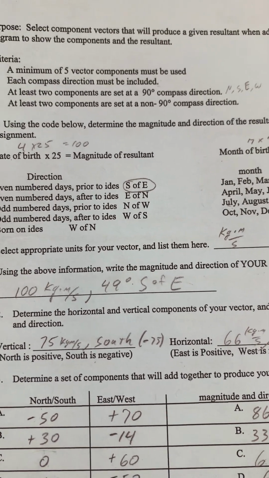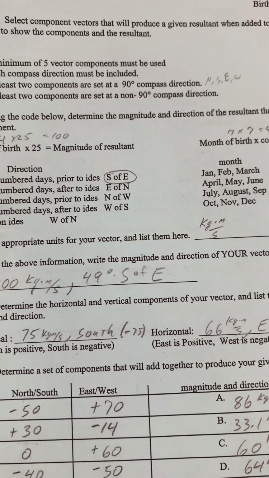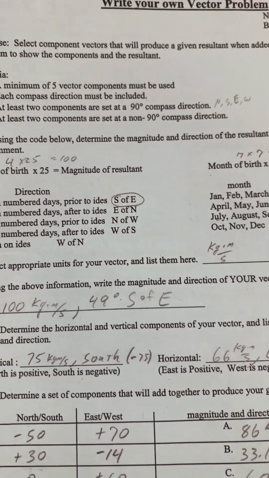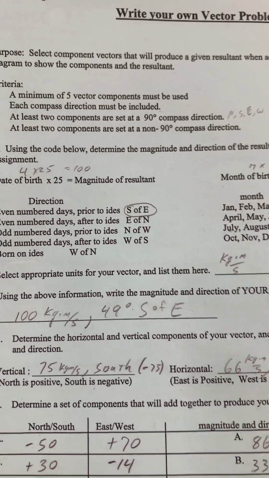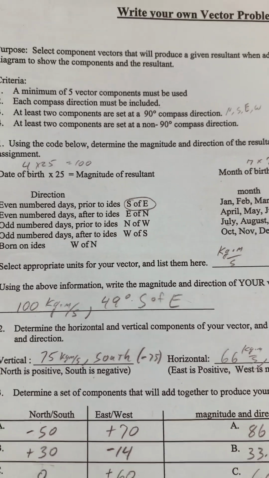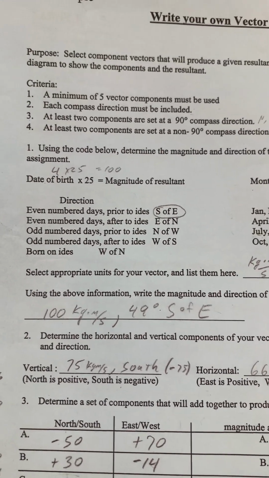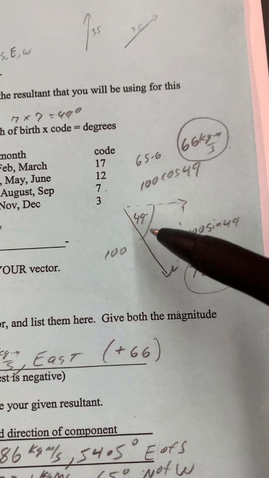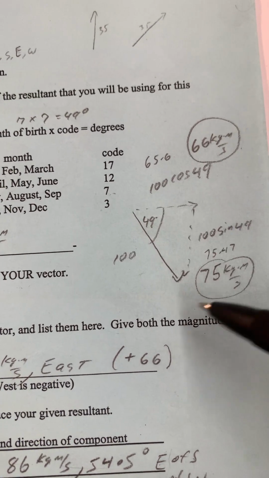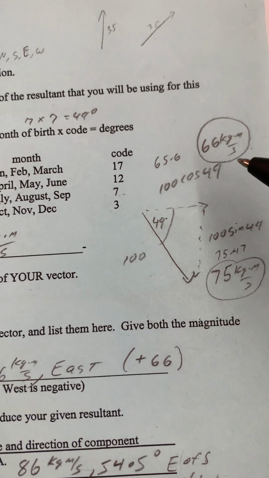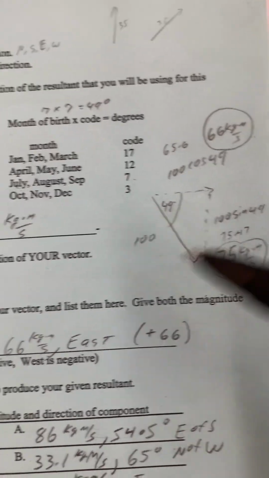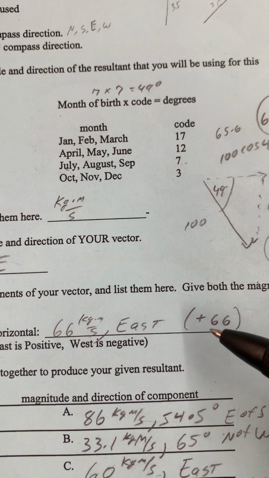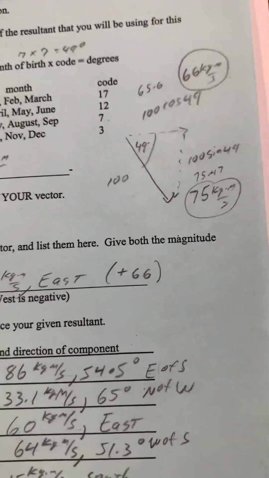Now, once you do that, you need to figure out what your total X and Y components are, okay? And so I have kind of done that over here so that I know this is 100, this is 49, right? We do some SOHCAHTOA here, and I get, in my east and west direction, I get 66, all right, or a positive 66, and I get, hey,